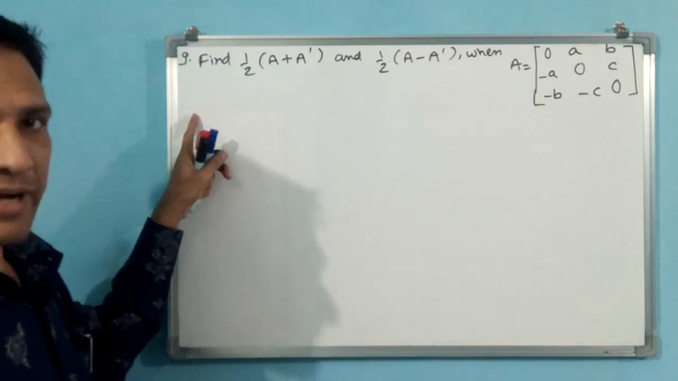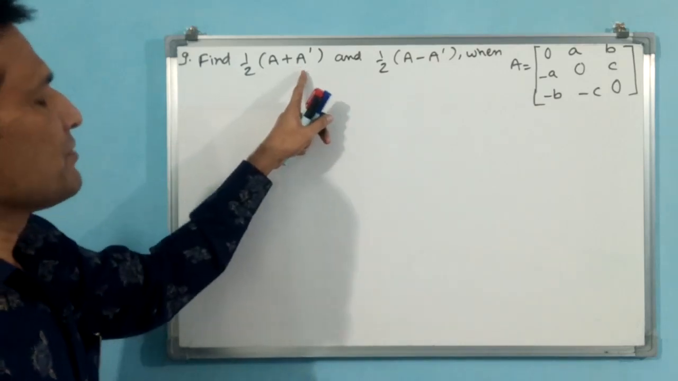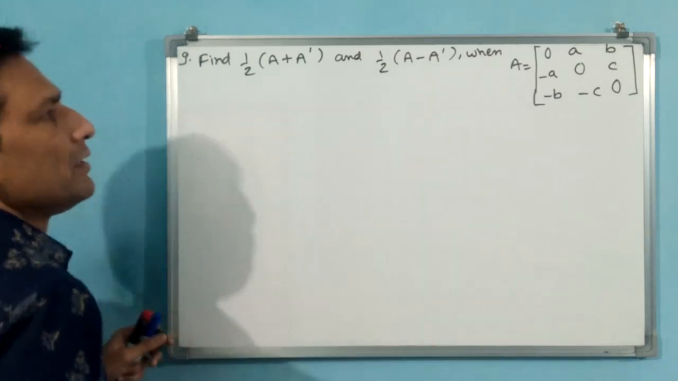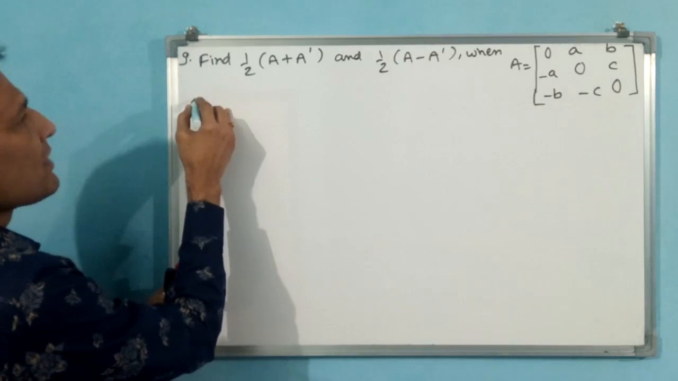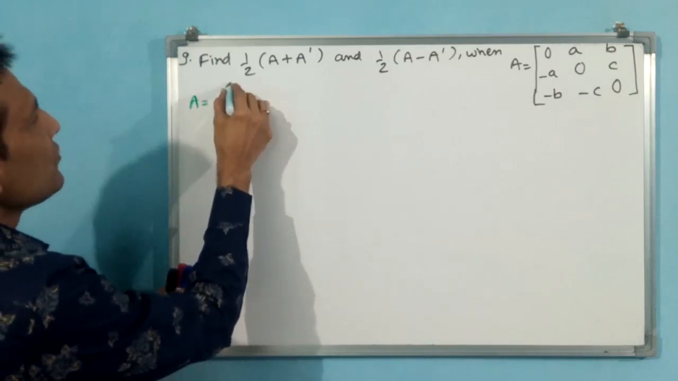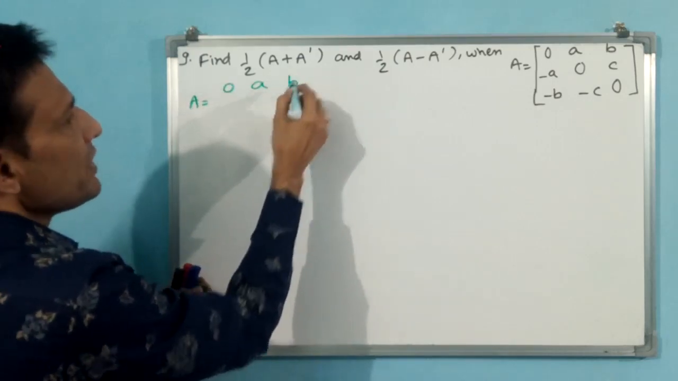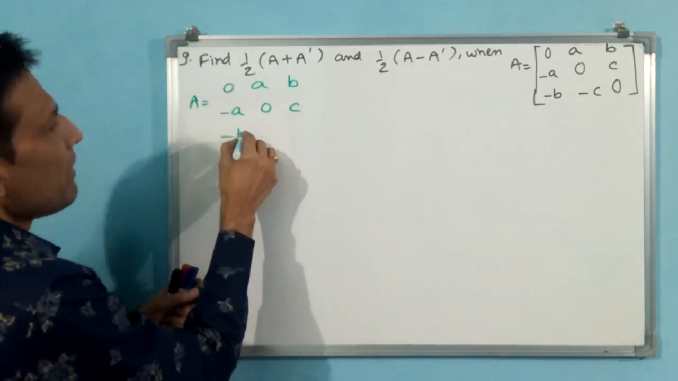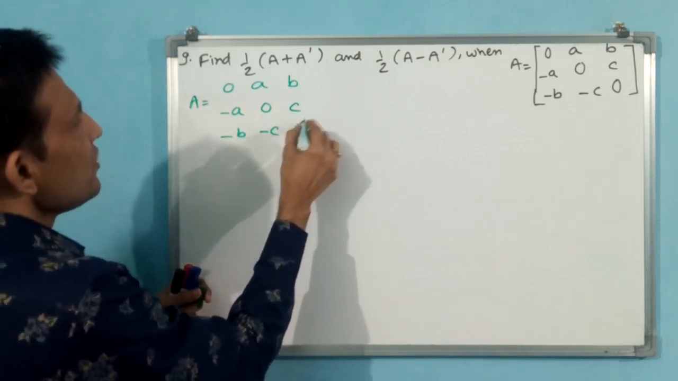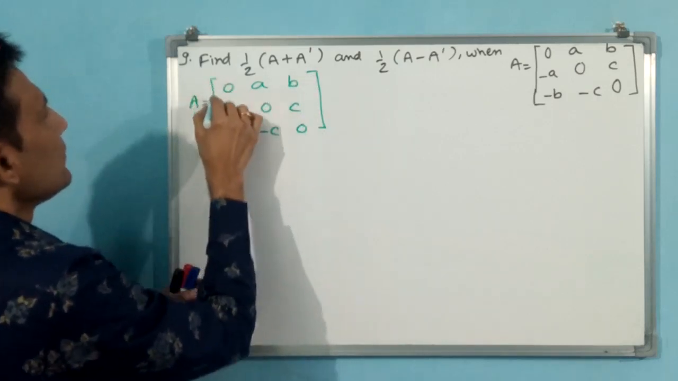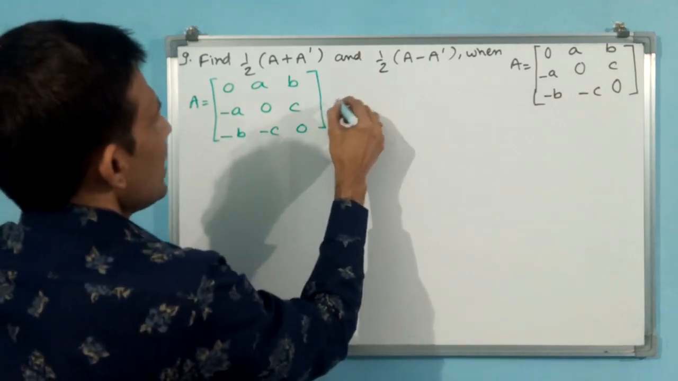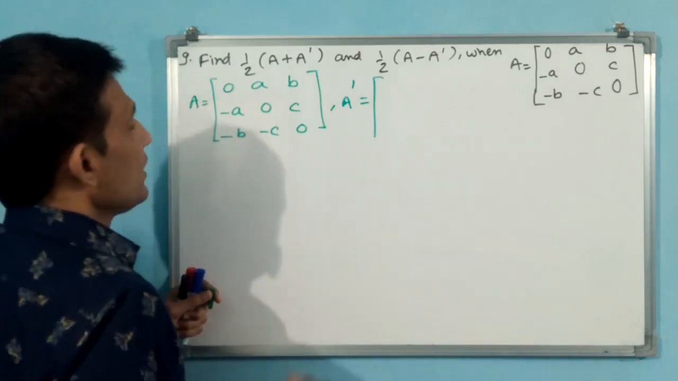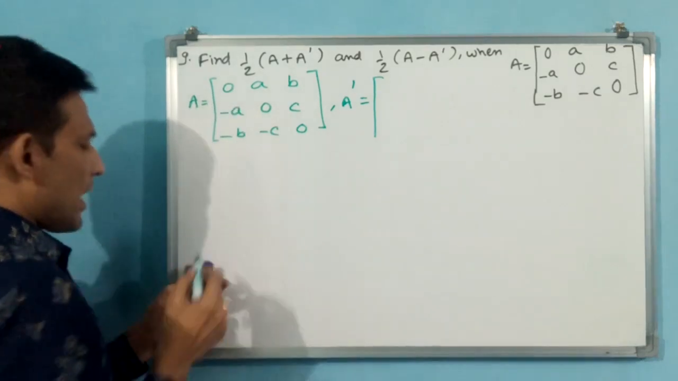Now once again I am writing A. Why? Because see, A and A transpose, left to right, all should be available. That is why let us write once again. A is equal to 0 a b, minus a 0 c, minus b minus c 0. Okay, this is A. Now I am doing A transpose. For doing A transpose, what I have to do? I have to